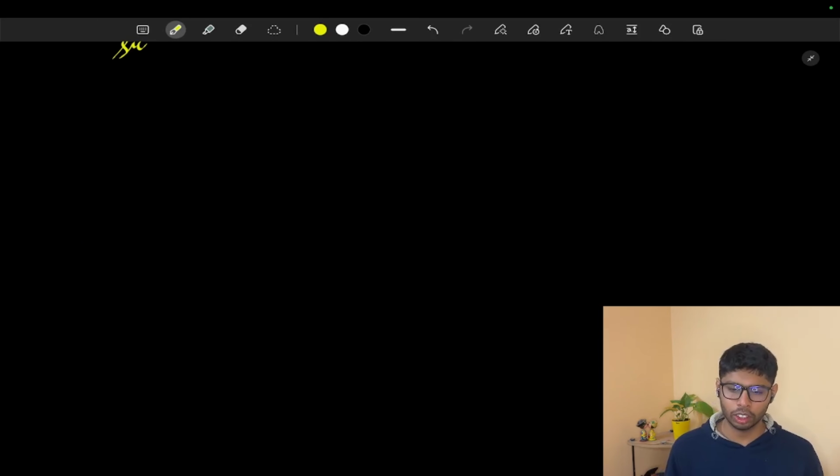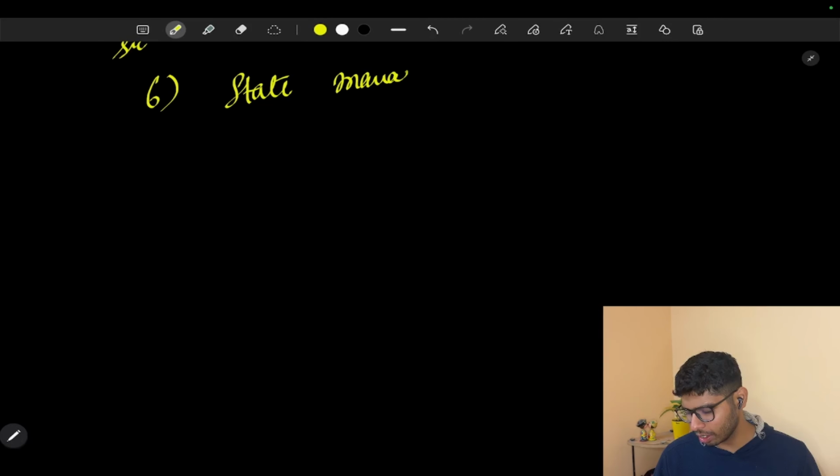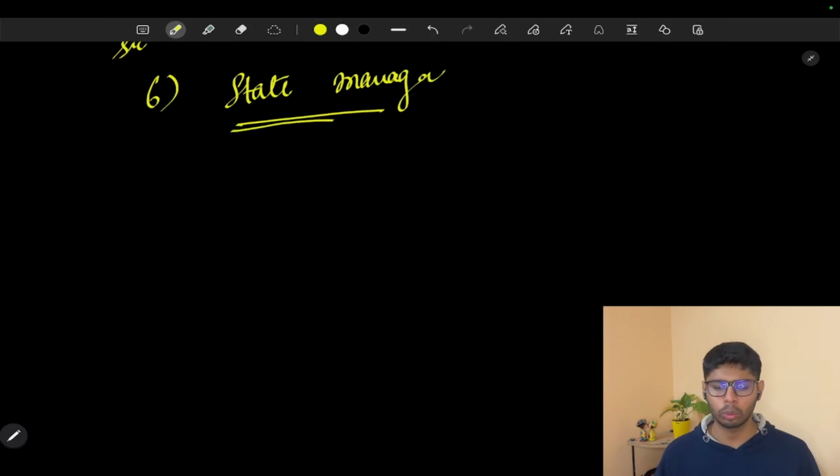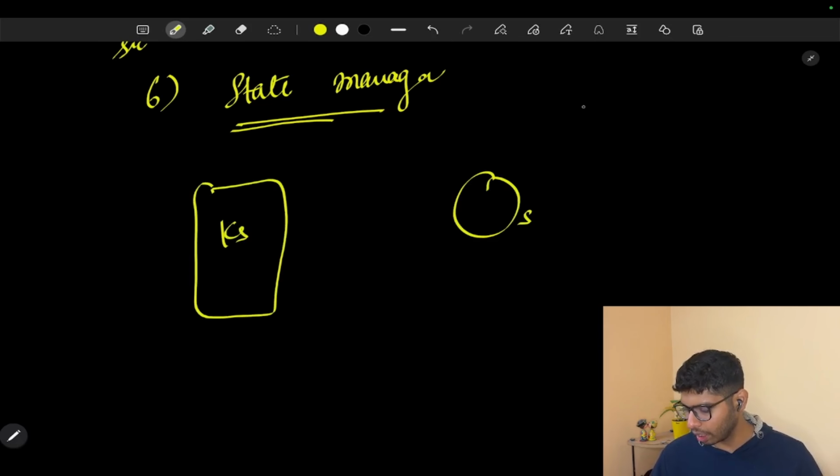Another use case of Zookeeper is very simple: we can manage the state of a user journey. Suppose some sort of onboarding is going on, so we can put the data into Zookeeper and manage the state. A simple example: there is a Zookeeper server, and you can make one ID, like user1, any unique ID you can create, and it should be unique in the case of state management.